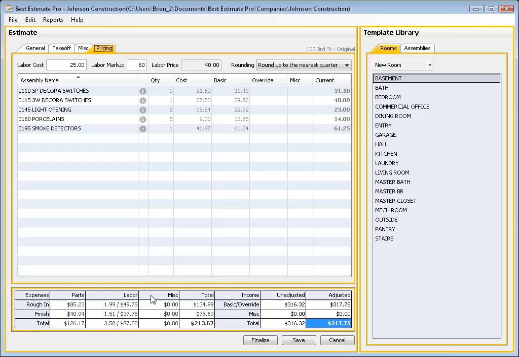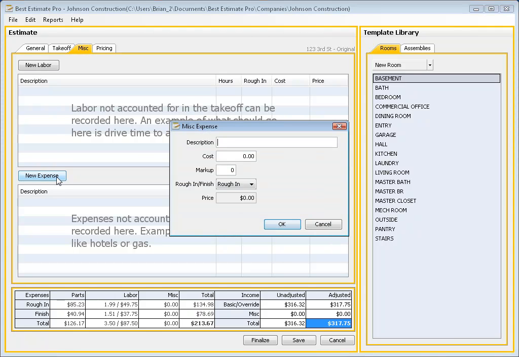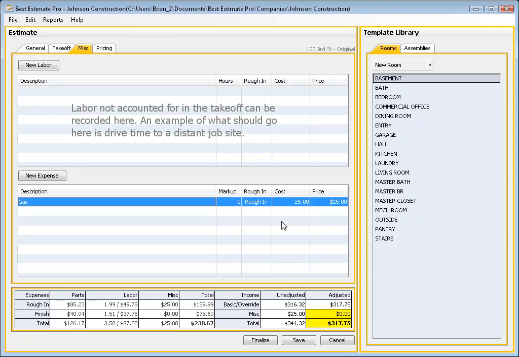The third column contains the miscellaneous expenses from the Miscellaneous tab. Currently, there are no miscellaneous expenses, so I will add one. First, I will click on the Miscellaneous tab, and then I will click on New Expense. Next, I add an expense of $25 for gas and designate it as a rough-in cost. Clicking OK, you will see that it has been added to the rough-in row of the Miscellaneous column, and the